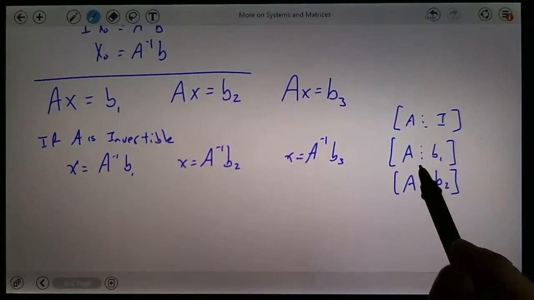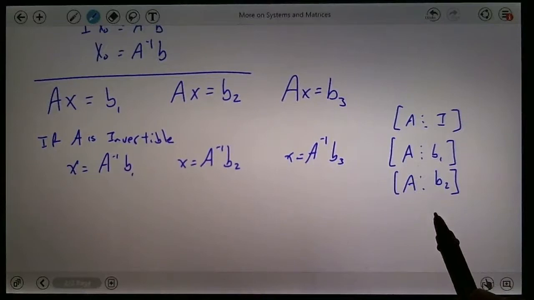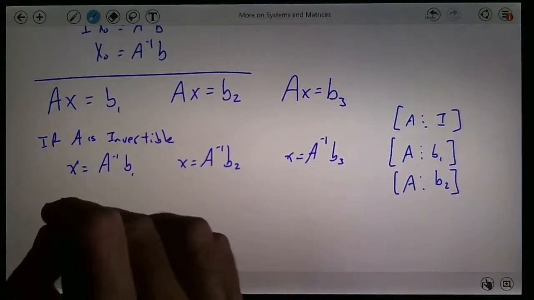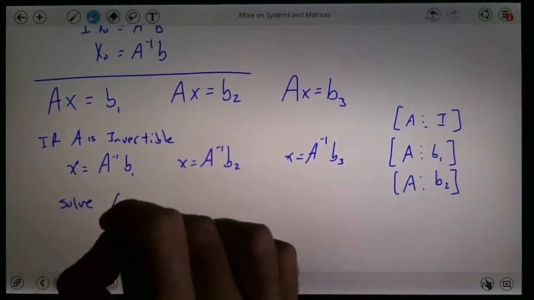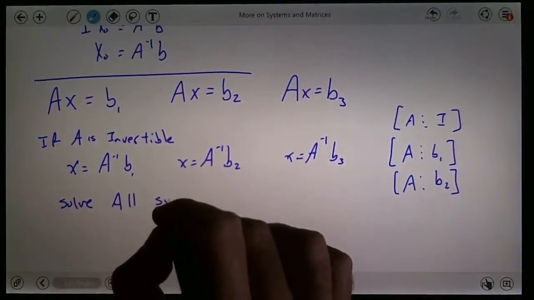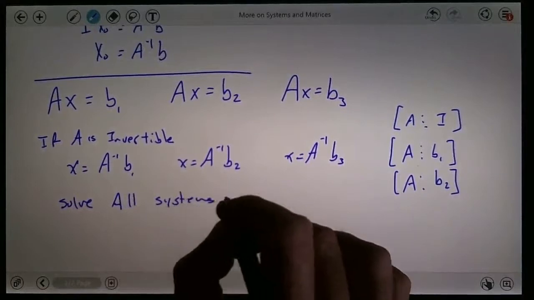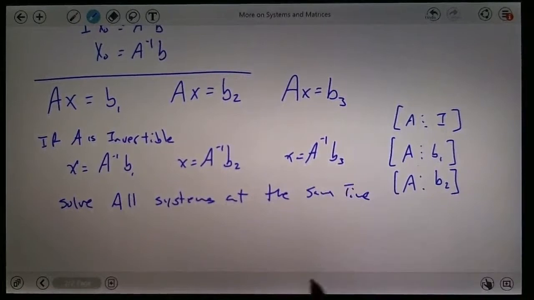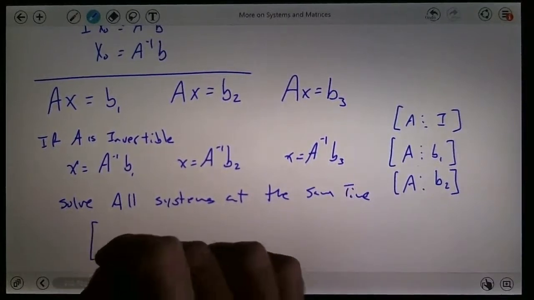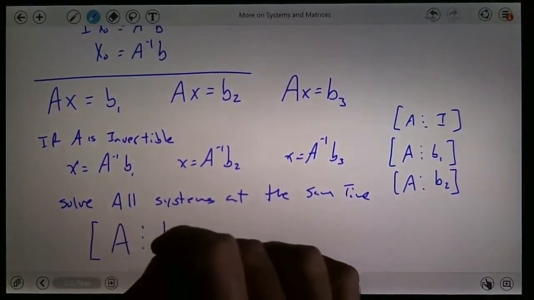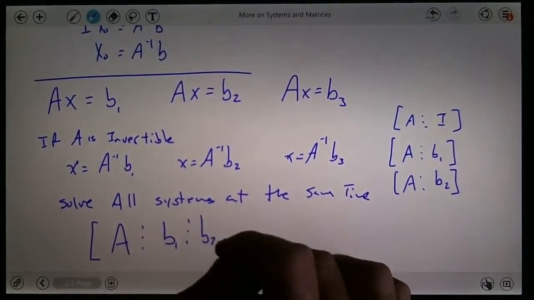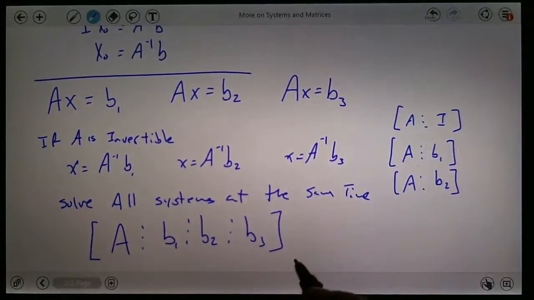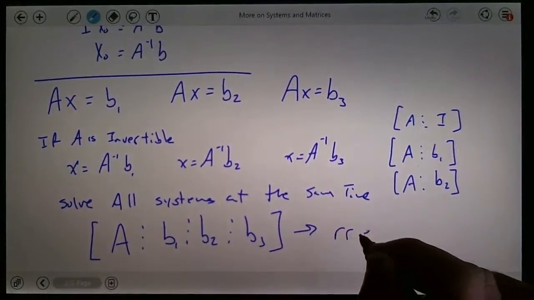But essentially, you're doing the same row operations each time. So why not just do it all at once? Solve all the systems at the same time by making this big matrix here with A right here, and then B1, B2, B3,